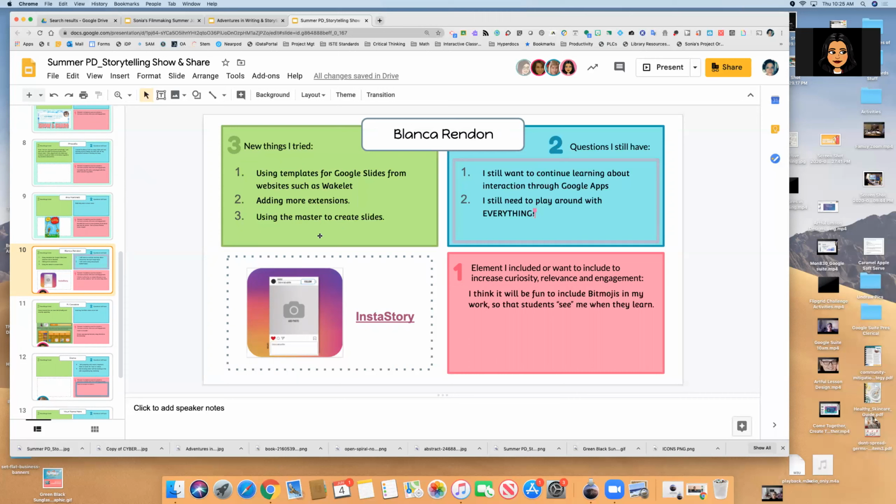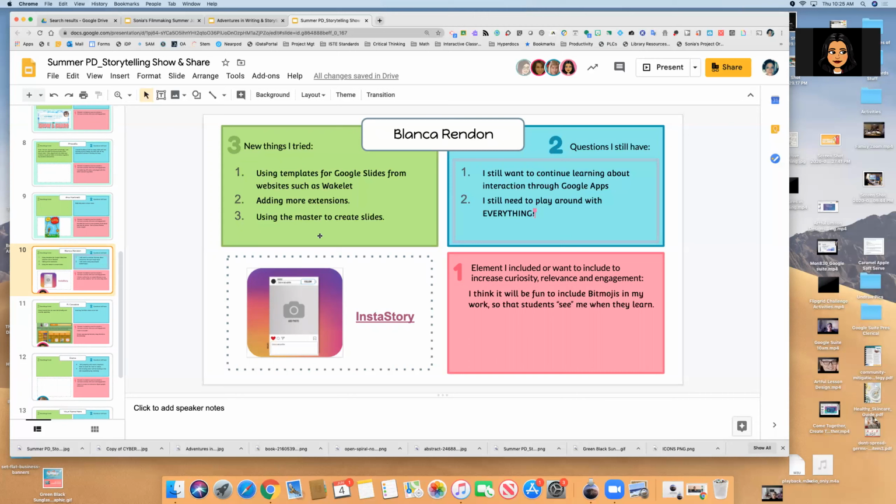It's a really good source instead of, like you said, recreating the wheel all the time, using what's already made. I love extensions, so I was able to add some more. And I had no idea how to use masters to create slides. I like the idea of doing that so that kids won't move things around. Sometimes I'm scared of them moving things around.